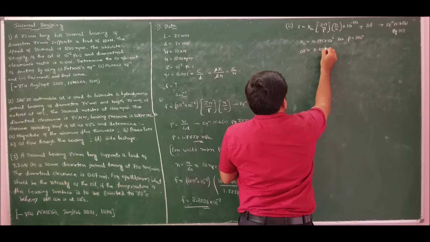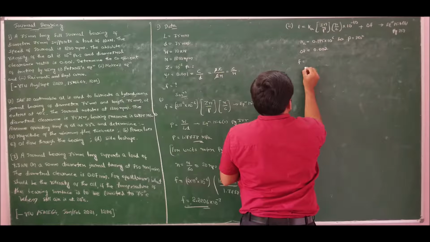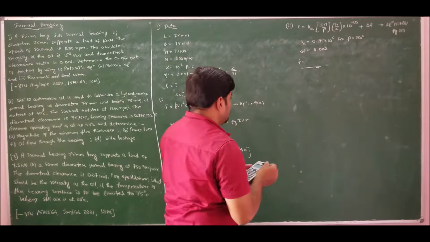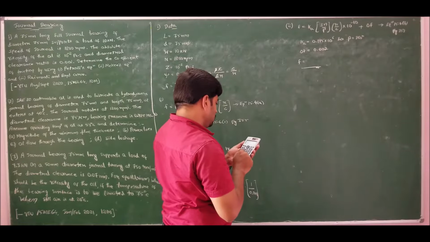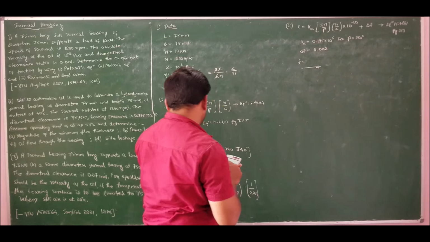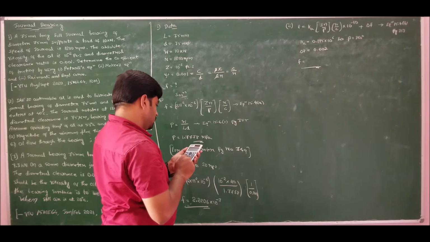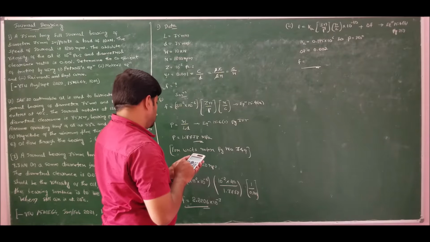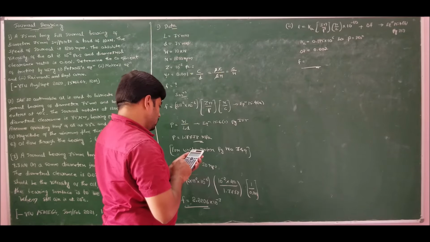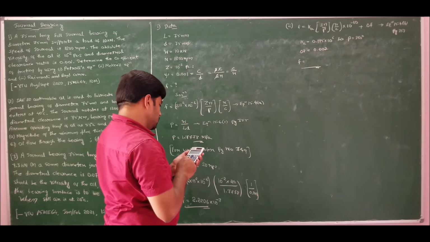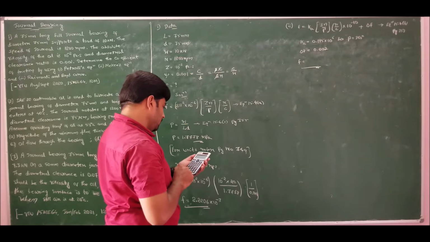So if I substitute all the values and solve, Ka is 0.195 into 10 to the power of 6, into the value of Z, which is 10 to the power of minus 2, into n, which is 20, divided by P, which is 1.7778. This is multiplied by 1 over Z, where 1 over Z is 0.001.